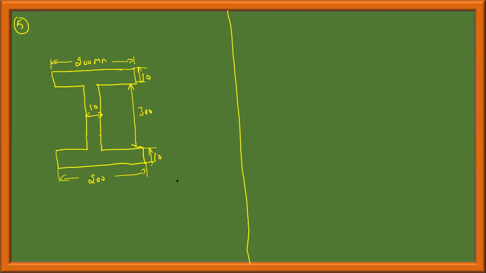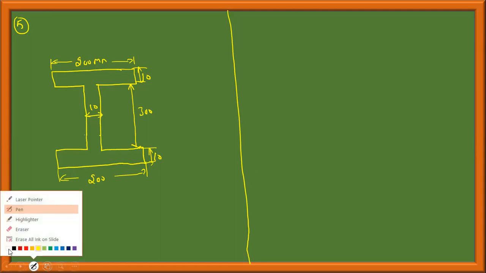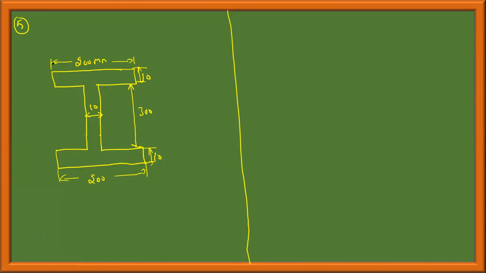Why we need to calculate the area moment of inertia: I have already told you a column buckles along the least moment of inertia. I illustrated that by using a scale. Can you recall that? So I don't know which is the least moment of inertia. So you have to imagine the column as an I section, and it's kept vertical. So I'll write the axis first. This should be vertical.